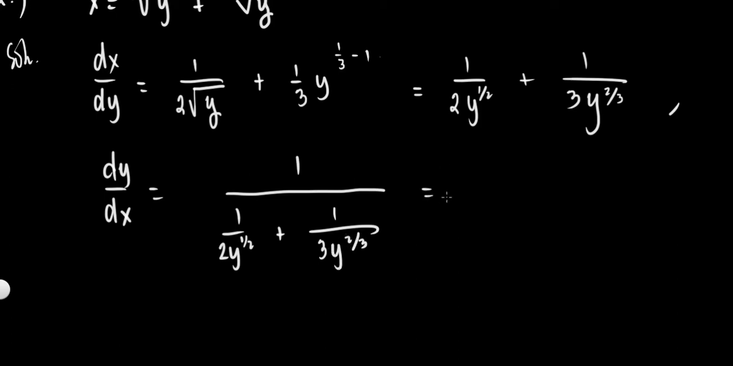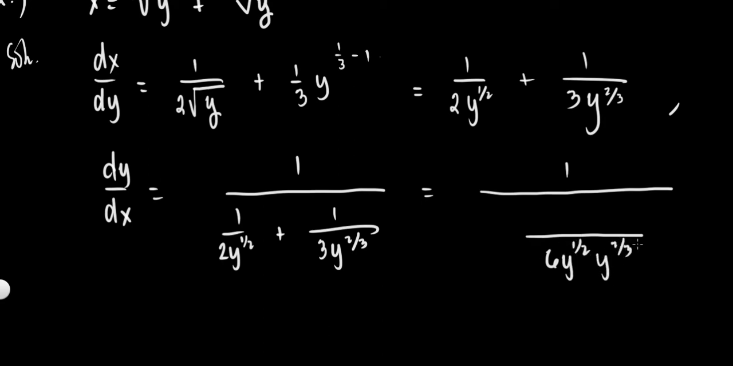Okay? Simplify. So, algebra na lang ito. So, we have 1. Then, here, we have 6y raised to 1 half, and the y raised to 2/3. On this, divided by 2y raised to 1 half times 1, we have 3 times y raised to 2/3 plus 2y raised to 1 half. Okay? Then, yung 6y raised to 1 half times y raised to 2/3, lagay natin sa numerator. So, we have dy over dx equals,